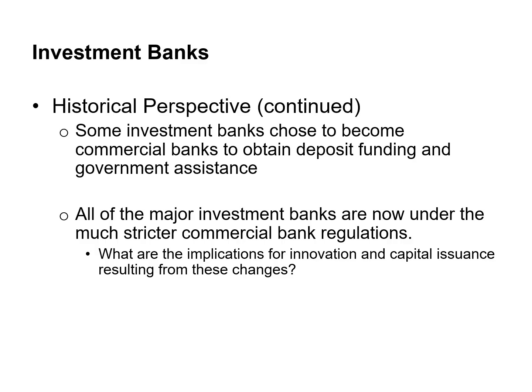In continuing our historical review of investment banking, we encounter a strategic pivot by several investment banks during the 2008 financial crisis. Faced with a severe liquidity crunch and with the aim of stabilizing their operations, some investment banks chose to convert into commercial banks. This transformation allowed them to access deposit funding, which is generally more stable than other types of short-term wholesale funding. Moreover, it opened doors for these institutions to receive government assistance, which was crucial for survival during the crisis.